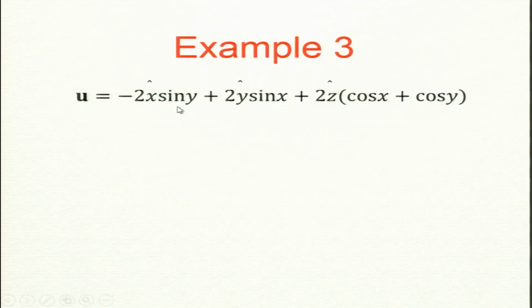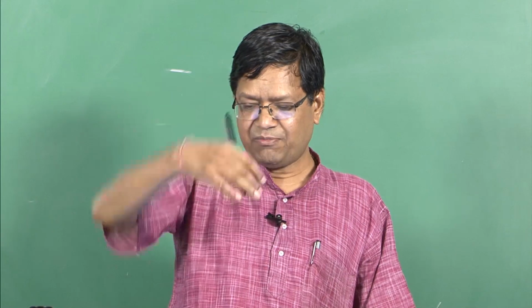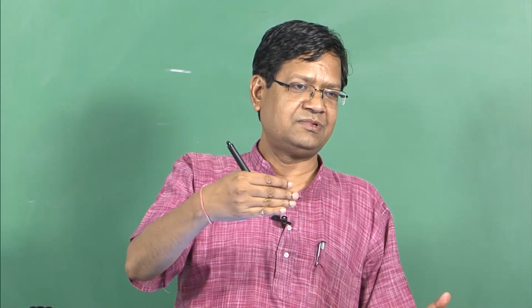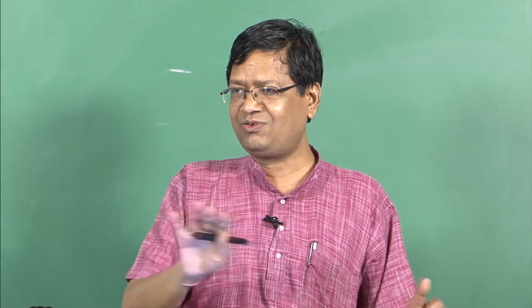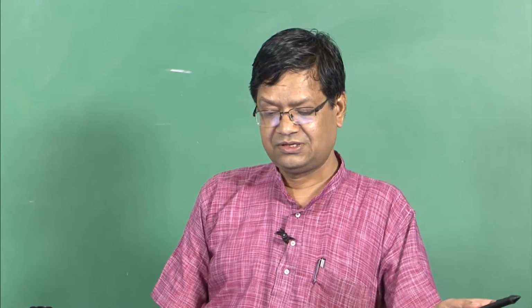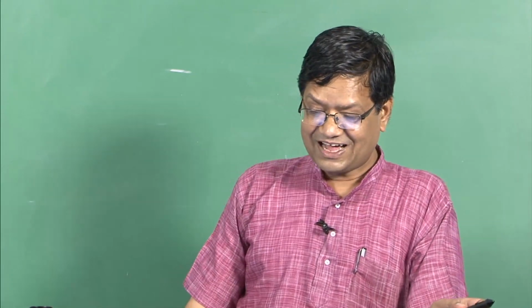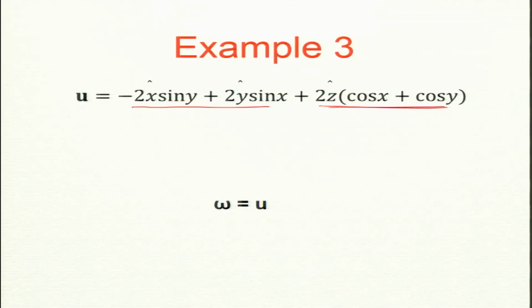So in fact this ux and uy are exactly the same, but I am putting uz. So this has the anticyclone in the middle, but now there is a vertical velocity. So this is a chance of having u dot omega non-zero. Now for this you can compute omega. I think I have space for doing it, but I will not do it. You can just do this algebra, and you will find that omega is equal to u. The example is chosen in such a way that omega is equal to u. So shall I leave this as an exercise for you? Just compute, and omega is equal to u.